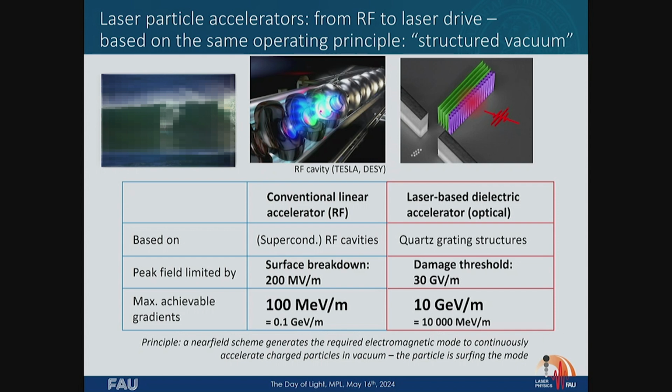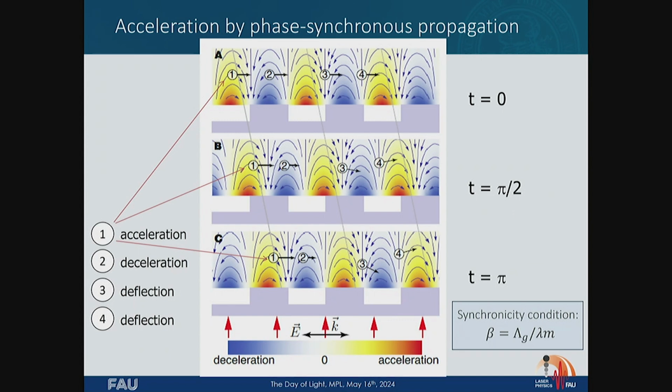And I want to show you where we stand, because this is something really interesting. How does it work? The very principle is probably clear to everybody in this room. If you take a diffraction grating, and you shine light, you can generate, of course, zeroth order mode just go through, then you can have plus minus first order, but this plus minus first order doesn't need to go under an angle like this, it can also go under an angle of 90 degrees. And this mode that then propagates along the surface, that's the mode that we use to accelerate electrons.